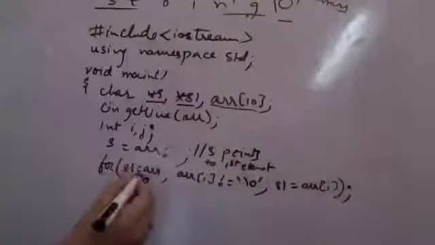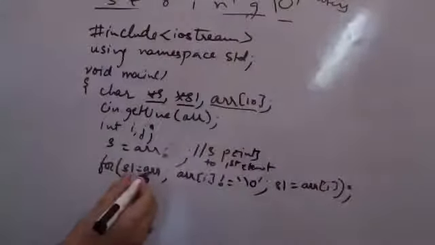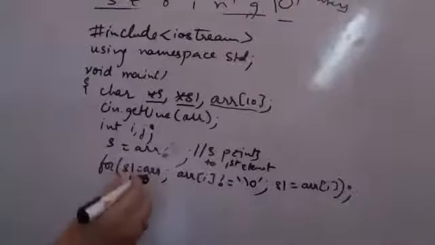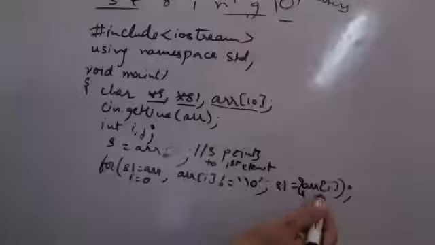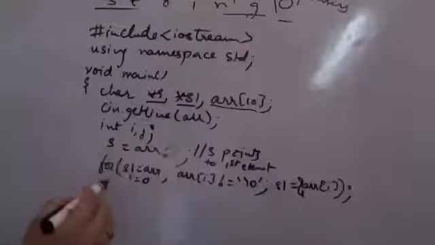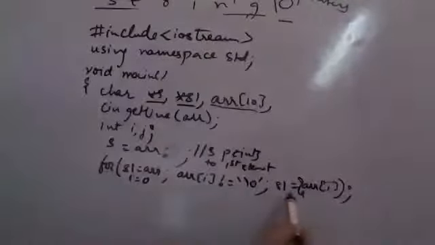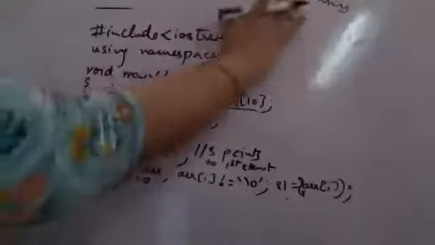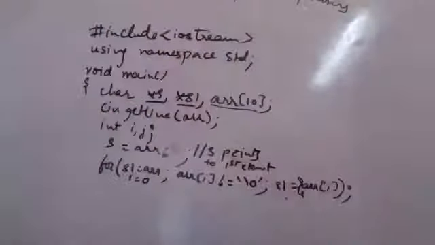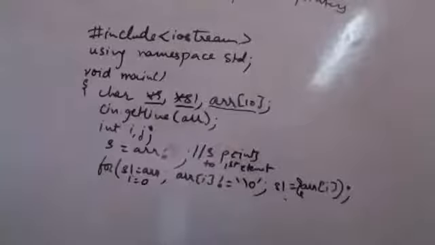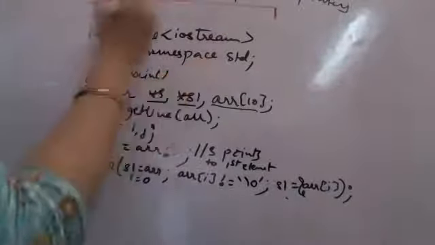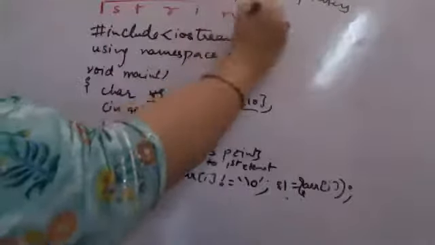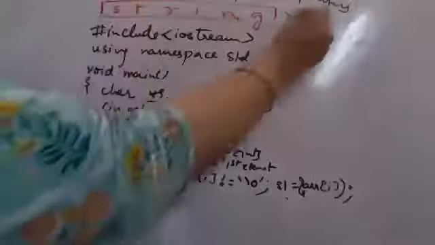Now here I am not mentioning the address because the base address of the array is represented by the name of the array. Here I need to mention the ampersand sign because it's referring to a particular element of the array. So when this loop is ending, what are we left with? Suppose I am storing a string here, followed by a null character. So this is my string.